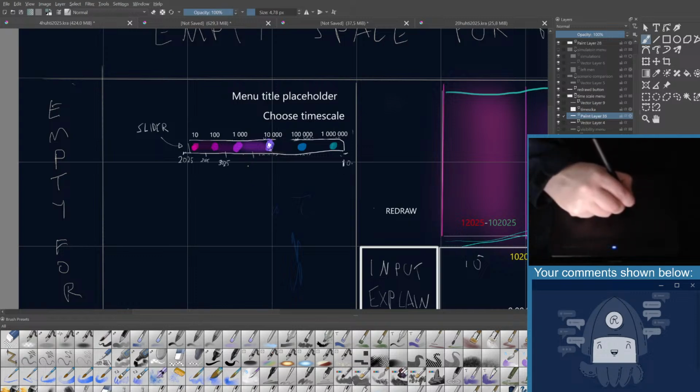Again, making new layers, even though I don't really need to. So if I have here 2025 signified here, and then the user will choose